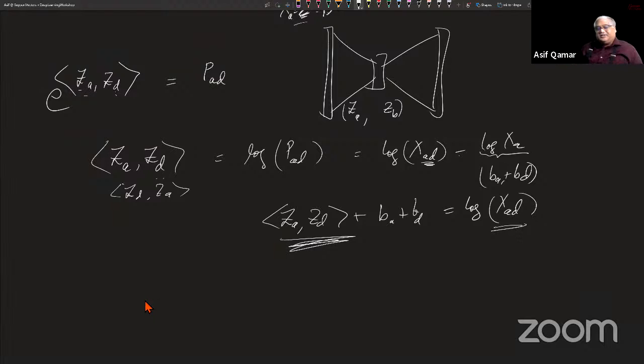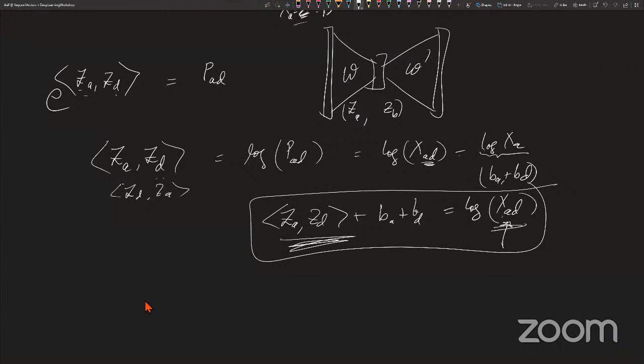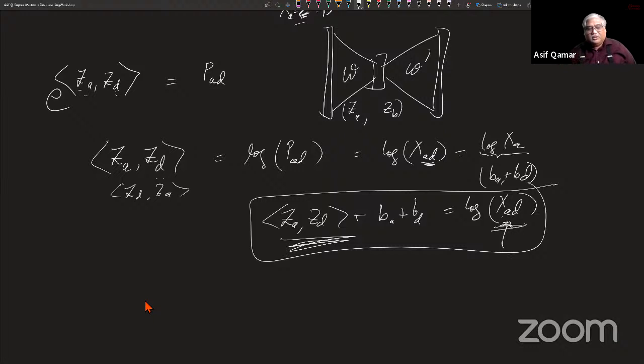And so what is your loss function? You want this thing to be true, right? The co-occurrence, but you shake up your networks W, W prime in such a way that this thing begins to get respected. You again do the same thing: create a loss and so on and so forth. So what will the loss be? It will literally be the gap between these two. This should be this. If it is not, suppose you take some vector that is not yet fully learned. Then your loss is literally the square of Z_A